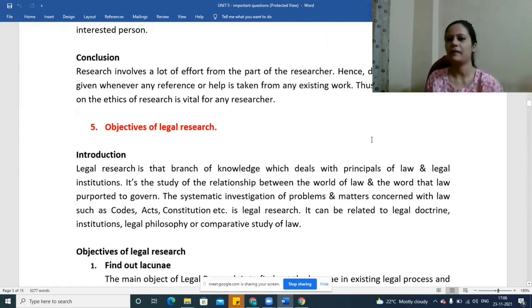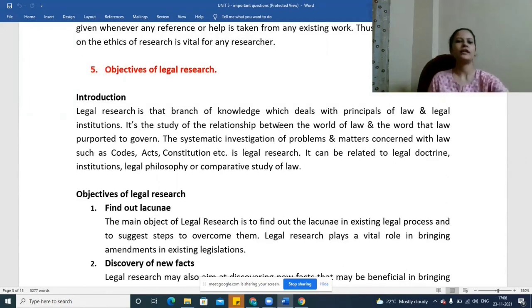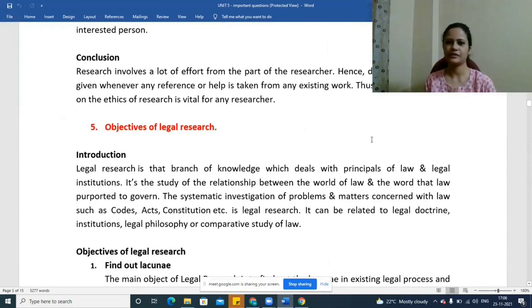Okay, so yesterday we discussed these different types of research, or legal research, we can say. Now another topic is there, which is nothing but objectives of legal research. Okay, so as I told you, research is applicable in every single field that you talk about, and there will be some objectives. We will not simply take a topic and do research, but there will be some objective behind it while we are doing that research. So what are the objectives of legal research?